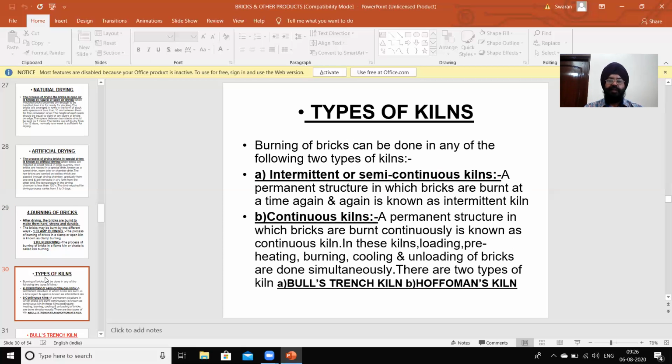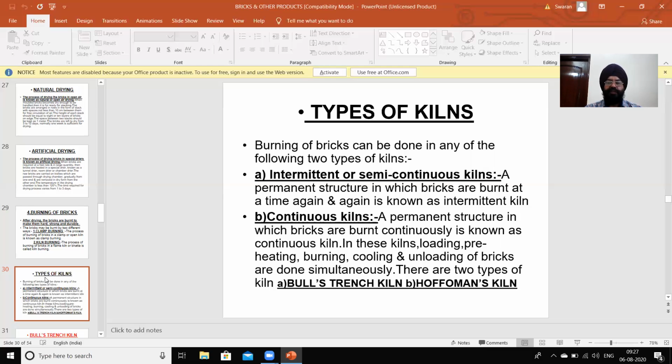Number one, intermittent or semi-continuous kiln: a permanent structure in which bricks are burnt at a time again and again is known as intermittent kiln. Second is continuous kiln: a permanent structure in which bricks are burnt continuously is known as continuous kiln.